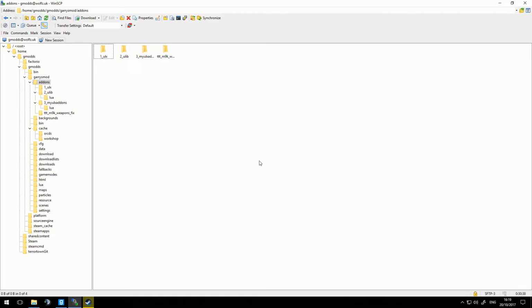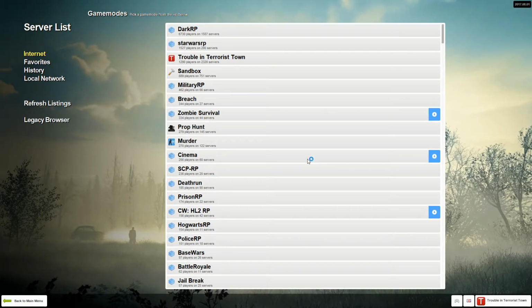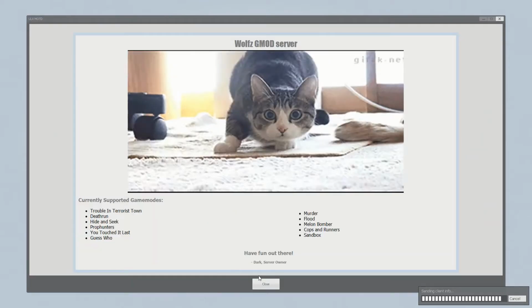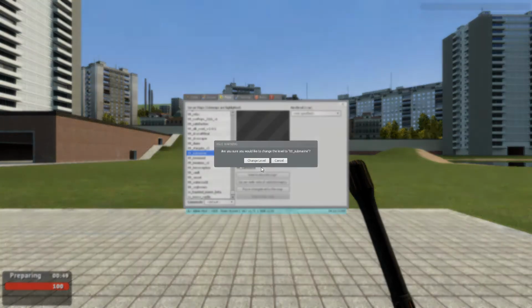Welcome back. It's done uploading now, and I've taken the liberty of restarting the server, so let's rejoin. And this will take its sweet time. But what we're expecting to see is when you load any supported map, you'll have all the M9K weapons. So I'm immediately going to spawn in on Flatlands because that's my default. But if we switch back to submarine,